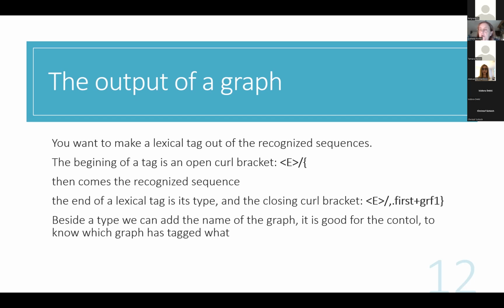For the beginning, you have just the open parenthesis or the invoking of this graph B. And then the end of the lexical tag, when you put how you will tag this. For instance, for the first name, you will put first. For the last name, you will put last. And then you can also put the name of the graph. For instance, in this case, I put just